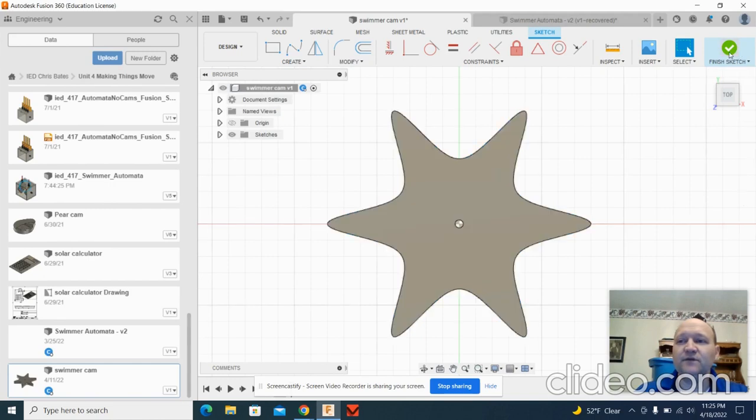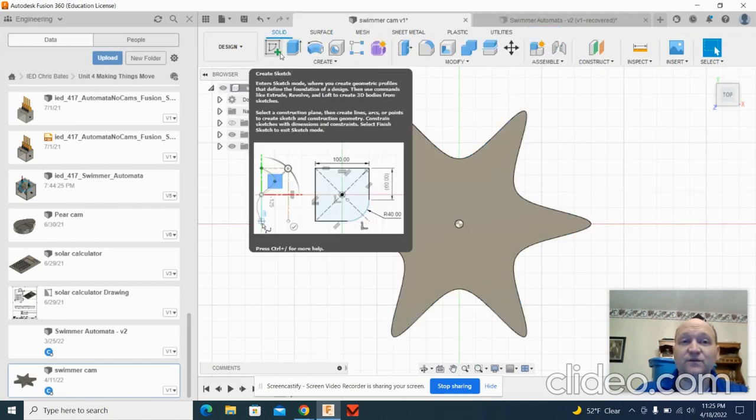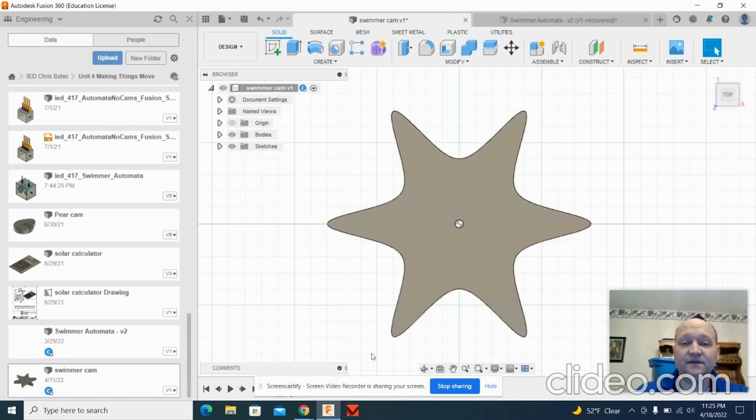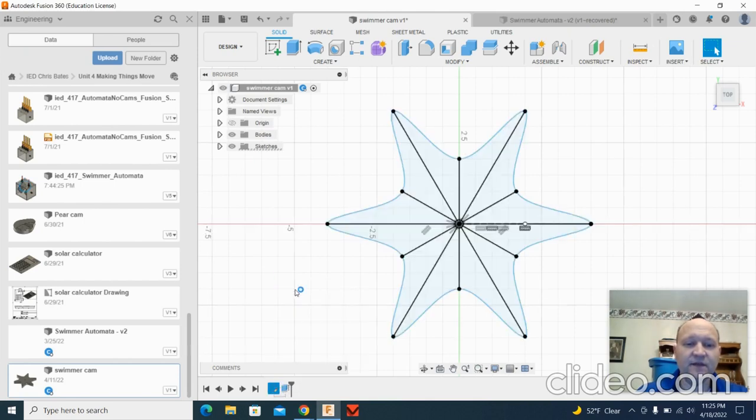Okay, so you probably forgot how to do that. So let's go ahead. This is creating a sketch, right? So you would click this button and then start creating your sketch. Let me see if I can hide that little button, and we'll edit the sketch by right clicking on it down here in the timeline and